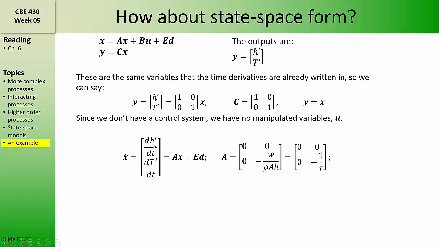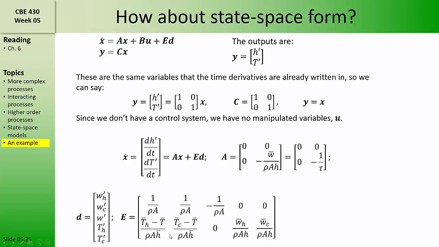The equation for h doesn't contain either h or t, so the coefficients in the first row of A are 0. Furthermore, h doesn't appear in the simplified equation for dt prime dt, so that coefficient is also 0. But t prime does appear in that equation with the coefficient minus w bar over rho ah, or minus 1 over tau. The matrix E determines how each of the disturbance variables, wh prime, wc prime, w prime, th prime,